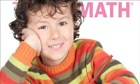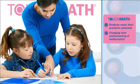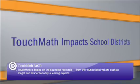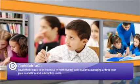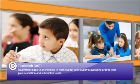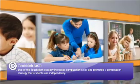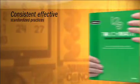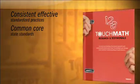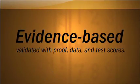TouchMath gives students the opportunity to reach their academic potential, forever changing their understanding of mathematics. As pressure in education continues to mount, student test scores are emphasized more than ever before. This inevitably means more emphasis will be put on districts to provide their wide and varied student populations with materials that will help them find success. TouchMath delivers consistent and effective standardized practices that align with common core standards and are evidence-based, validated with proof, data,